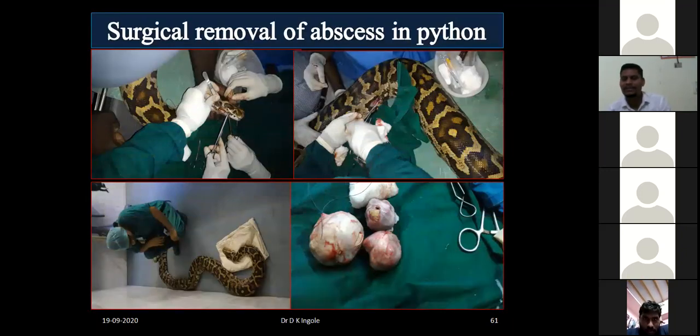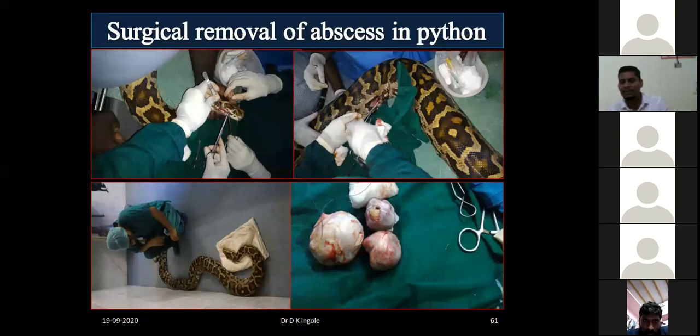See, this is very interesting to treat and give anesthesia. If you have an AC theater and you bring the reptile for surgery, it will not work because there is a sudden change in temperature. If you are injecting any kind of anesthesia, their temperature should be at a higher level. The optimum temperature zone, say 25 to 30 degrees Celsius, is the preferred temperature. Always maintain the temperature at a higher level to properly metabolize the drug in the body.